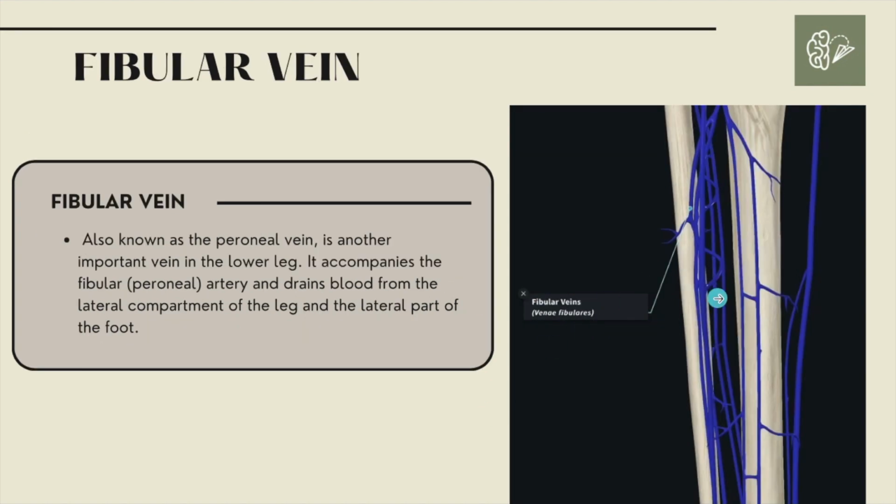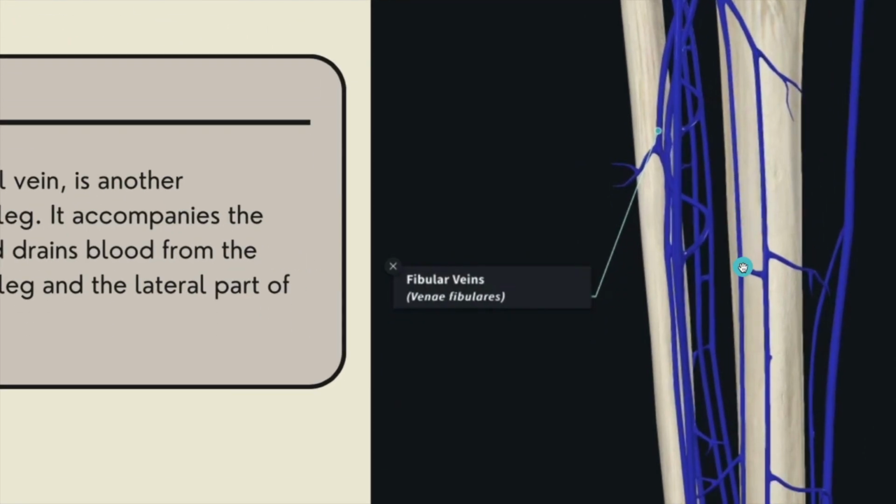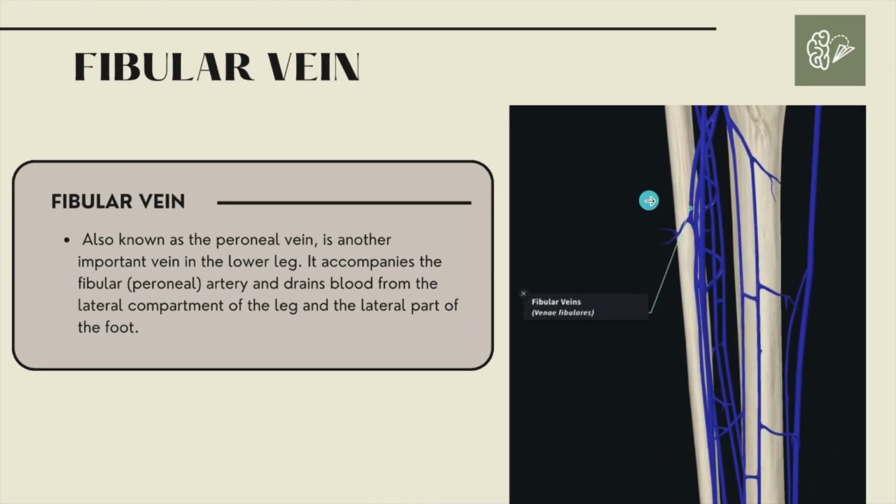We have a lateral vein, which is called the fibular vein, sometimes known as the peroneal vein. The peroneal vein is also going to accompany the peroneal artery. So it's a general rule that most of us know, that veins are going to accompany an artery. So the fibular vein is the vein like this one right here, is going to be present on the lateral side of the leg, and it's going to drain the lateral compartment of the leg and the lateral